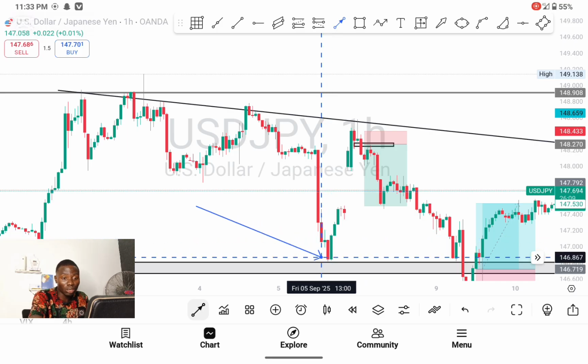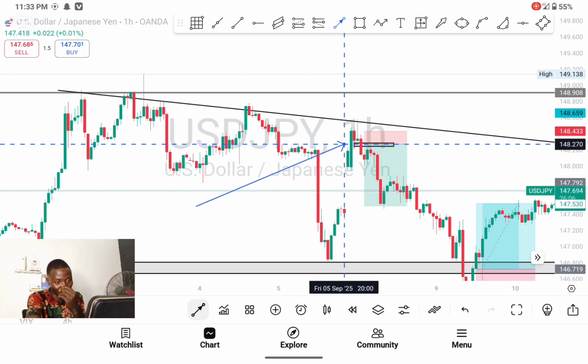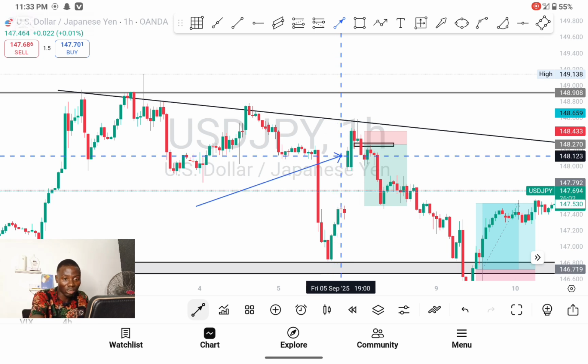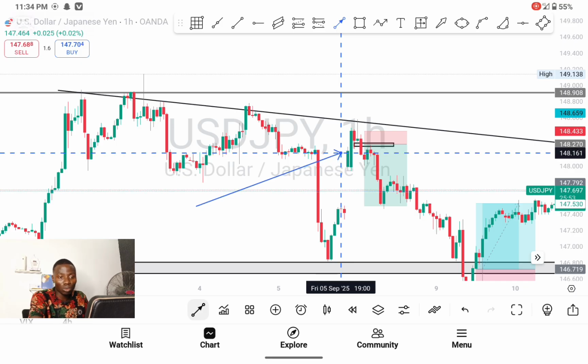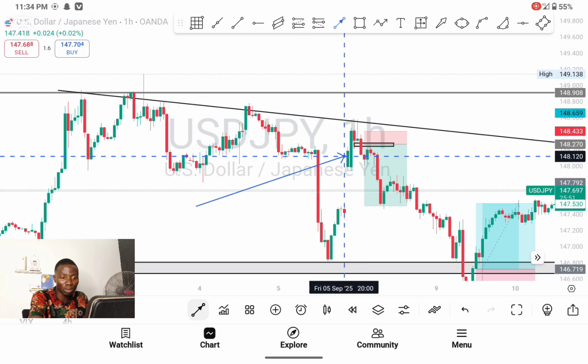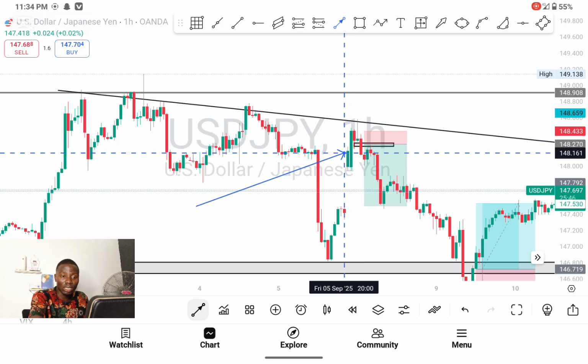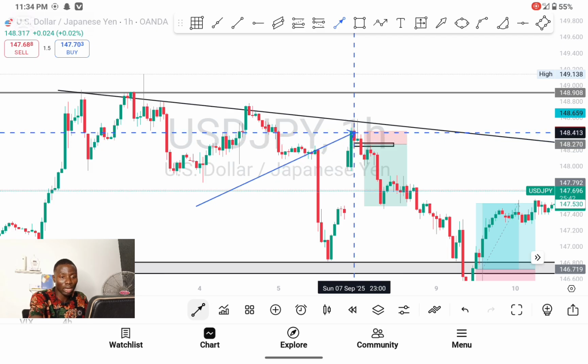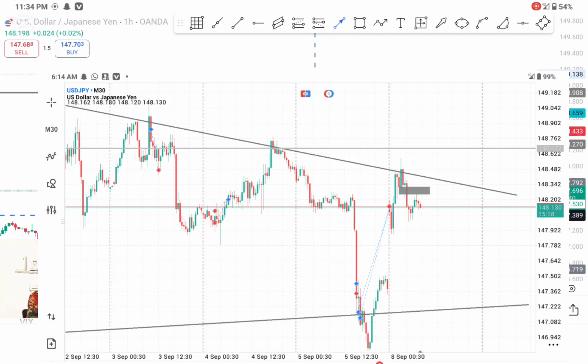Then during the week, it got me in at this point, and this is where my take profit is. I was up by about, I've forgotten how many pips, but it's much. So the market opened with a gap and took me out at my TP, and I was not at the chart then. I was sleeping. When I woke up in the morning, I saw the chart open with a serious gap. I said, "Wow, this is a big opportunity to make money."